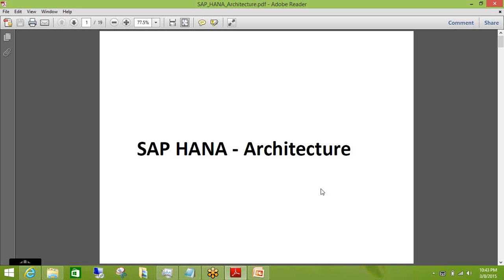So till now what we have discussed is basically the introduction on HANA, and then we also discussed the look and feel. When I say look and feel, basically the navigation part which we discussed. What all components are there in HANA Studio? First of all, how do we go to HANA Studio? How do we launch it? Then after launching HANA Studio, how do we check whether the database is created or not? Then after that, you look into different perspectives.